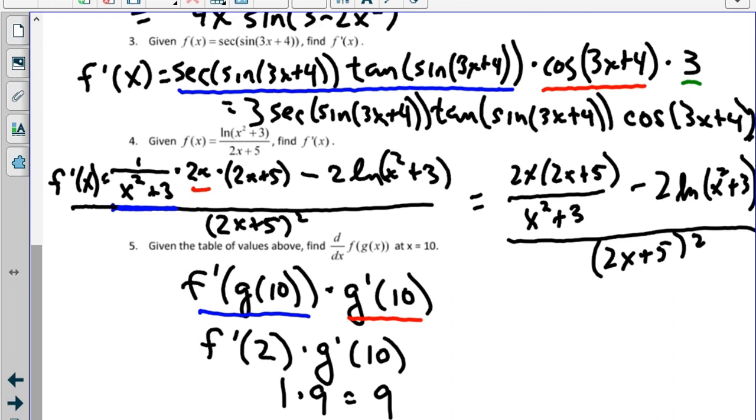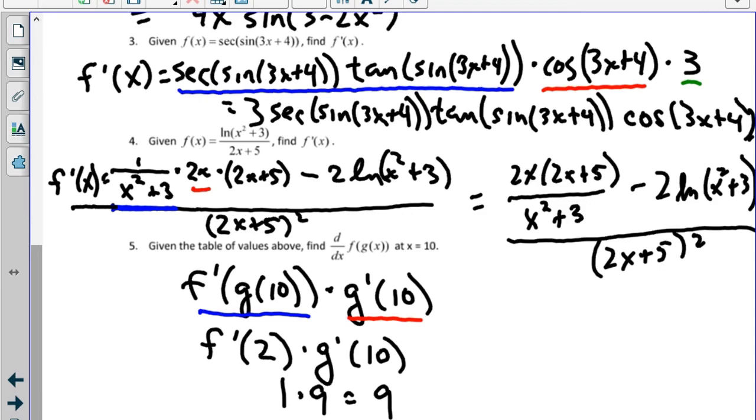So the derivative of natural log of x squared plus 3 is 1 over x squared plus 3 times the derivative of the inside, which is 2x. Then, since it's a quotient rule, you have to do times the bottom minus the derivative of the bottom, which is 2 times the top, all over the bottom squared. And I didn't even simplify that great. I just kind of left it in, I mean, there's fractions inside of fractions, but you can simplify that further